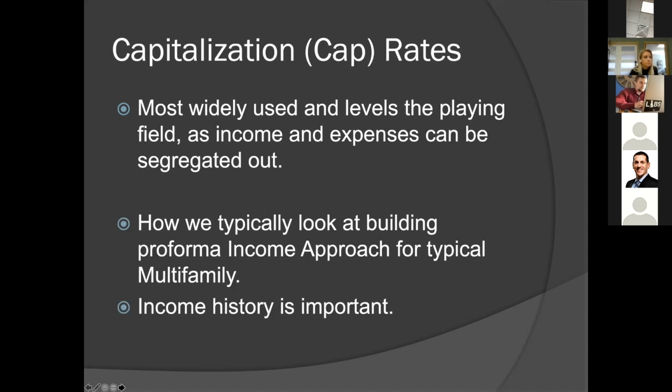Next slide, please. Okay. I like to really focus on cap rates, as most appraisers do, because it levels the playing field, because you can extract out all of the expenses on each one of them. That way you get down to just the cap rate, and you can get rid of, like we talked about earlier, maybe some people paying cable, some not, those types of expenses, water, heat, whatever it may be. So what we also like to do is get at least 2 or 3 years